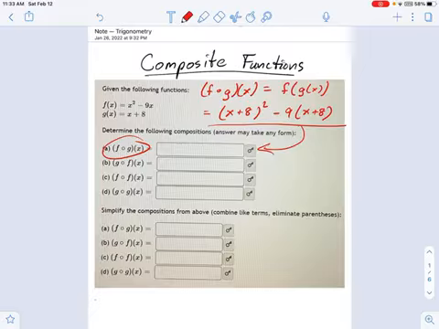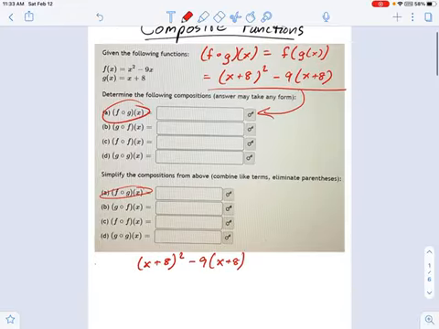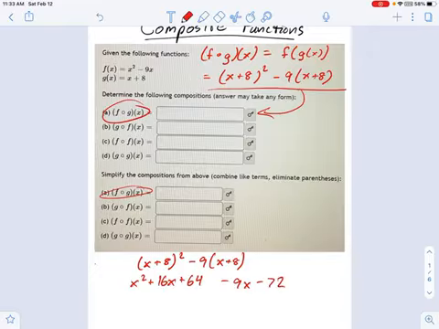If you can say that much, that tells me you know how these basically work. Now what's next is actually doing the simplification. So down here, for this guy, let's do some more work now. I'm going to write this over again so you can see how this is going to go. This is x plus 8 squared minus 9 times x plus 8. Now we just have to simplify that. So on the left, we have x squared plus 16x plus 64. On the right, we have minus 9x minus 72, if I remember.